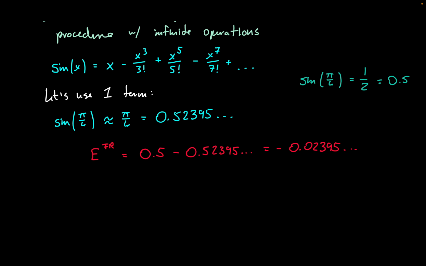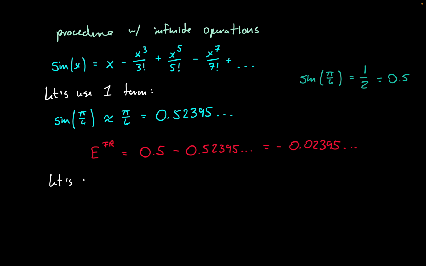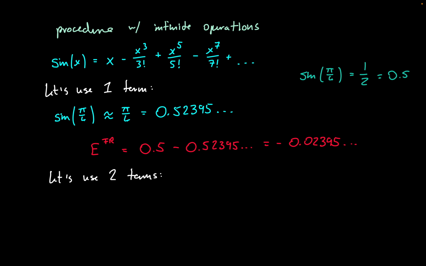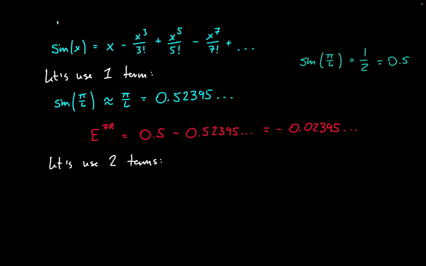So now let's say we were to use two terms. Now what do you expect will happen if we were to use two terms? Well, what should happen is we should get a more and more accurate answer with a smaller and smaller truncation error as we increase our number of terms. So we can say that sine of pi over 6 will be approximated as pi over 6 minus, say, pi over 6 cubed divided by 3 factorial. And that'll give us about